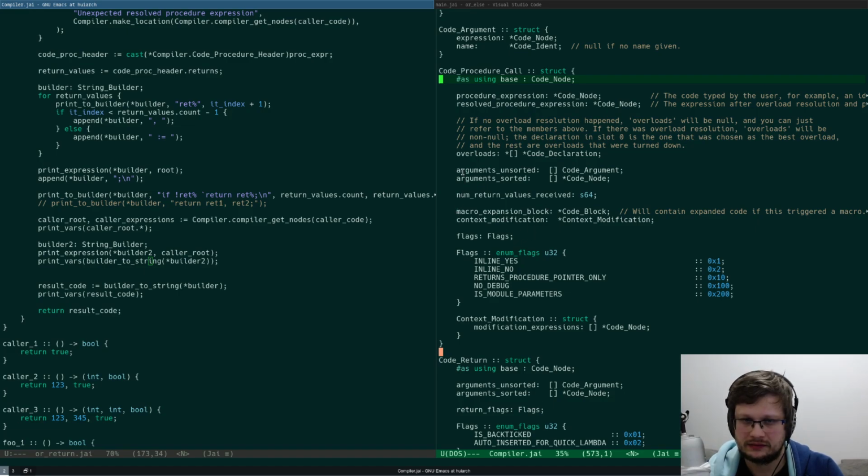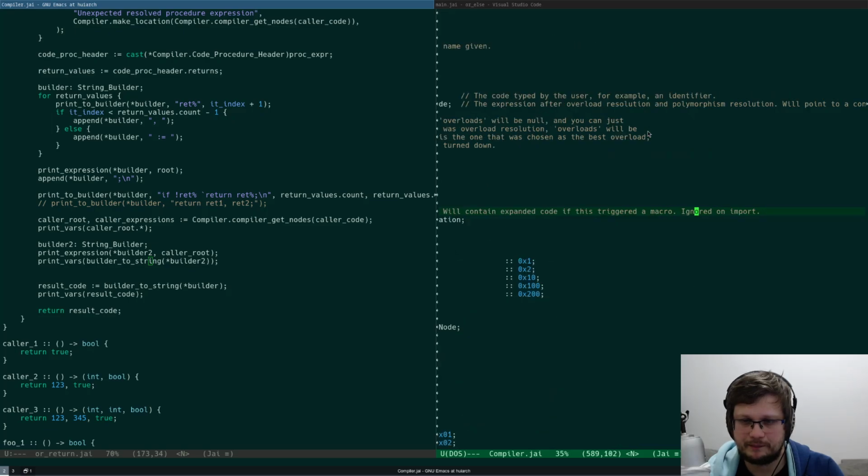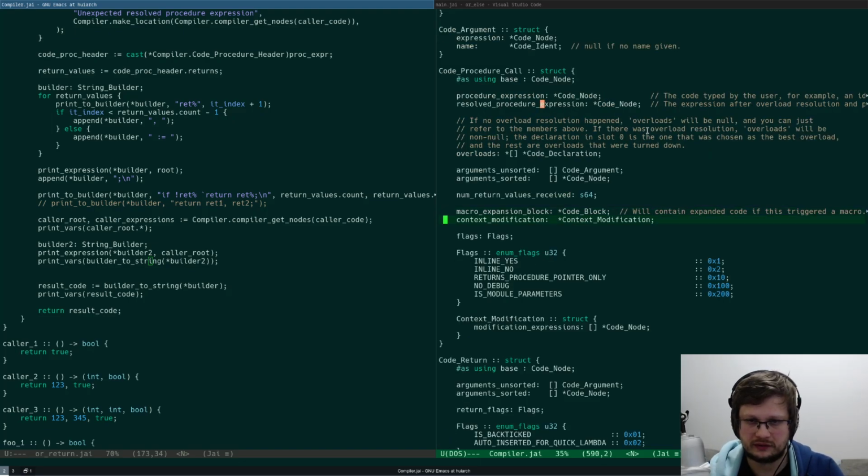It has a bunch of arguments, context modifications, the base node, procedure expression and result procedure expression. Macro will contain expanded code, ignored on import.